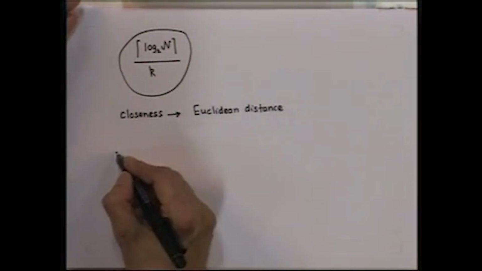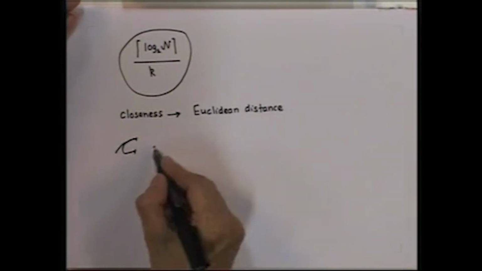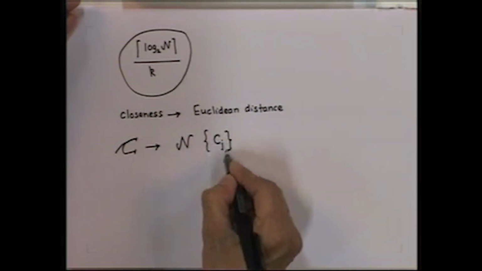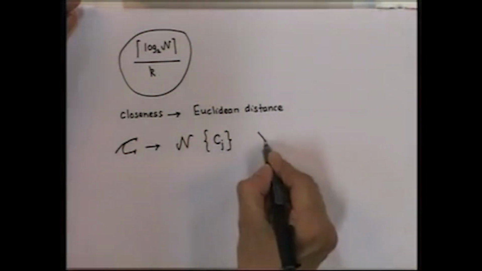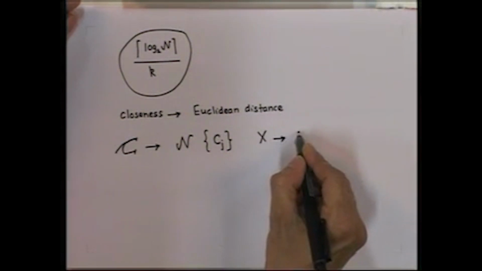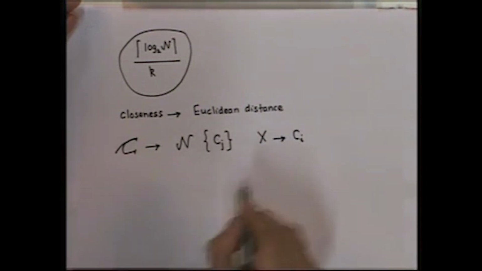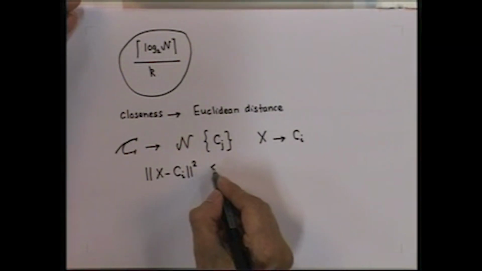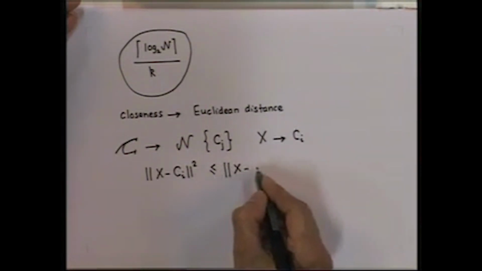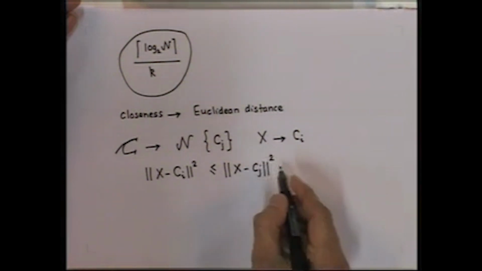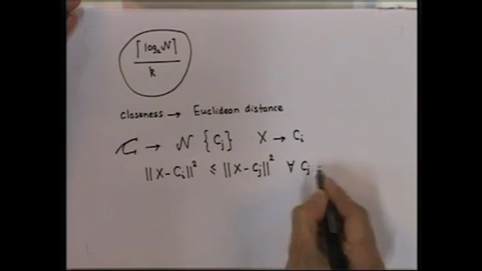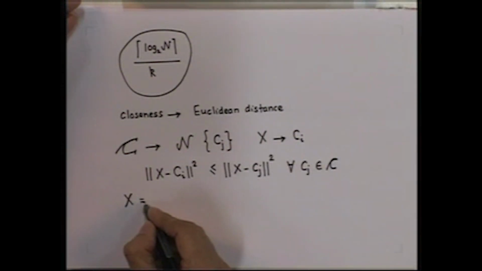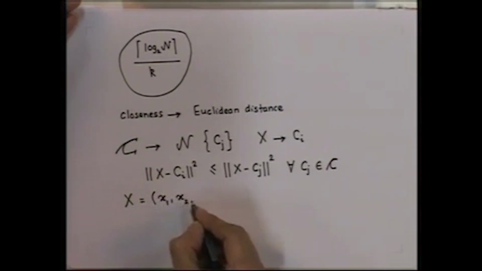So, when we say that a code book C containing the n code words C j, the input vector x is closest to code word C i, we mean that the Euclidean distance between x and C i is less than or equal to the Euclidean distance between x and C j for all C j belonging to the code book C, where x is the input vector of dimension k,